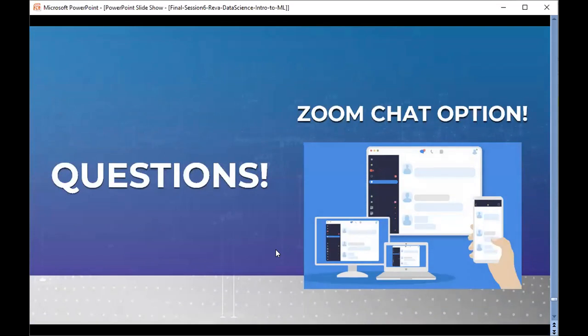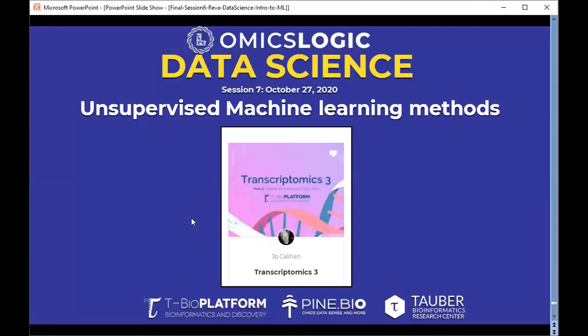If you have any questions for today's session, you can post them. Today we just gave an overview of machine learning methods, which we are going to talk about in detail in the next sessions. Transcriptomics 3 deals with supervised machine learning.